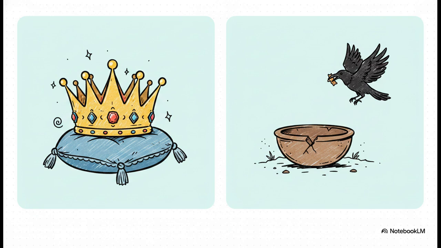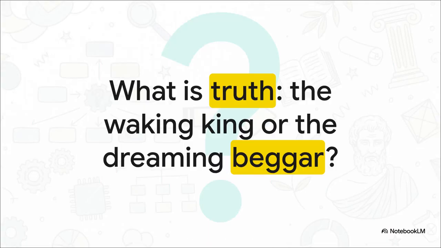His core question upon waking up was simple, but honestly world-shattering. Which is the truth? Am I the king in the palace, or the beggar in my dreams? He had experienced both states so vividly. This intense dilemma prompted him to seek out sage Ashtavakra, launching a rigorous dialectical inquiry to uncover what the ultimate reality actually is.